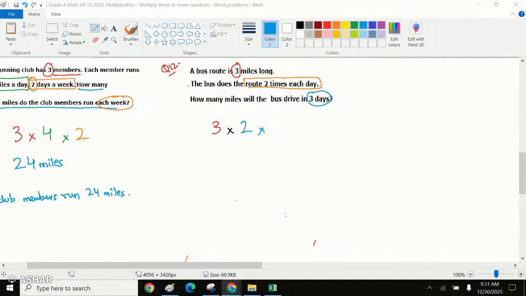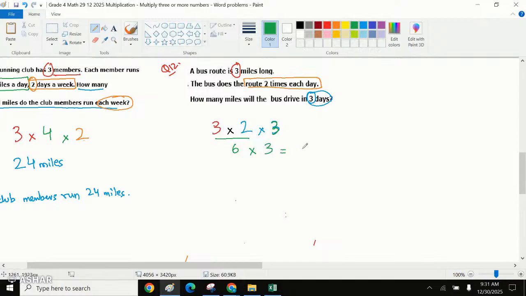And how many days do we need to consider? How many miles will this bus drive in 3 days? So we need to consider 3 over here. So when we consider 3, that is 6 times 3 is, thank you so much, May, that